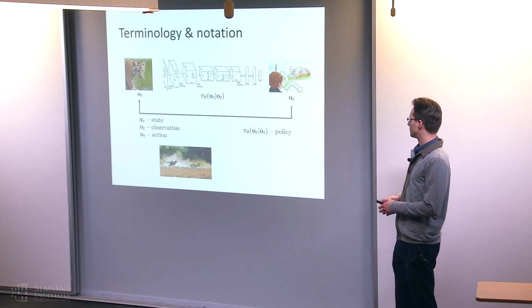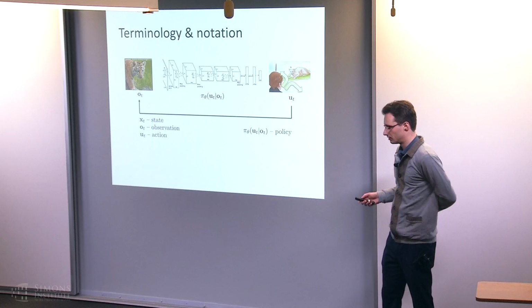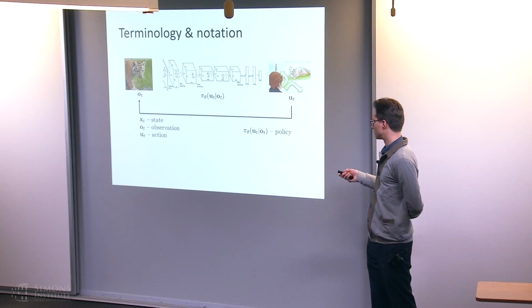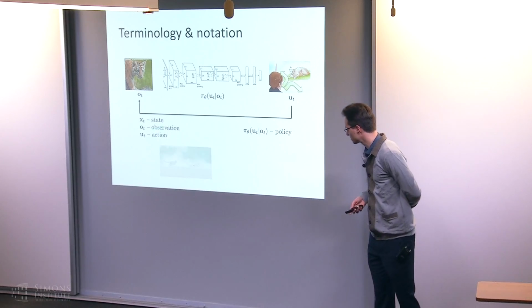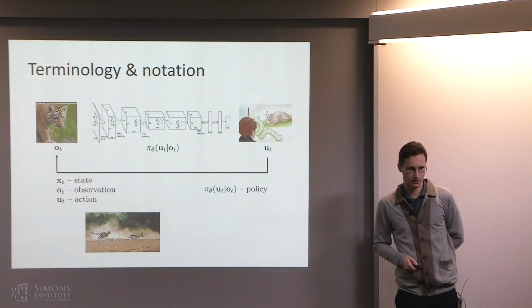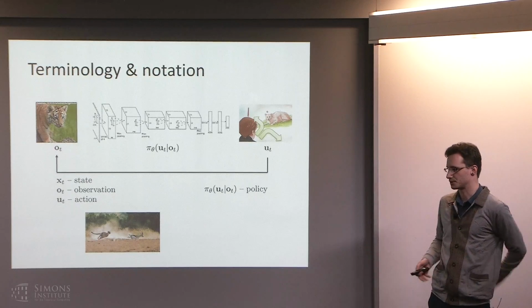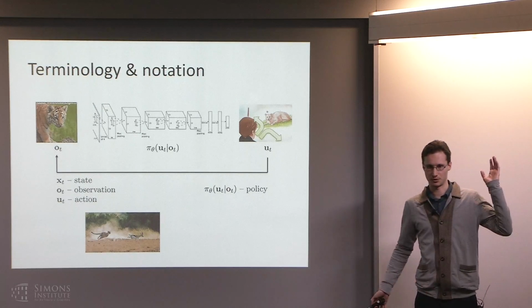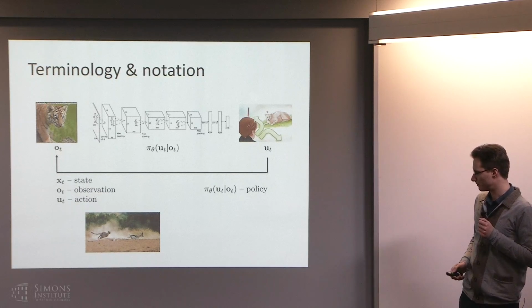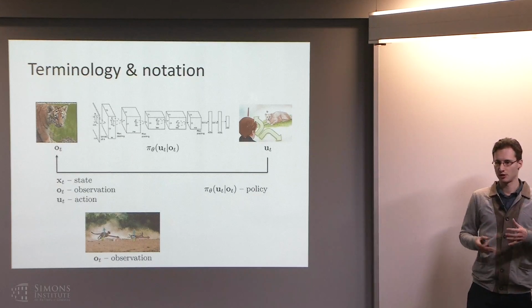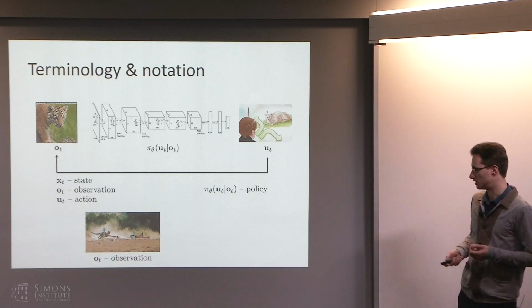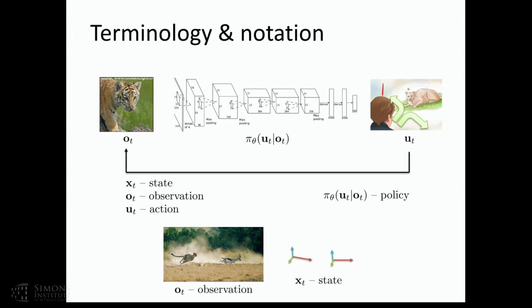Now, one of the things that we also have to introduce to really understand the problem setup is this notion of state. And it's important to understand the distinction between state and observation. If you imagine a picture like this, let's say that you're a robot and you see this picture. It consists of pixels, several thousand dimensions. That's your observation. Underlying this, there is a state. There is some underlying dynamical system that gives rise to this image. It might be the position of the cheetah and the position of the gazelle. And that's the state.